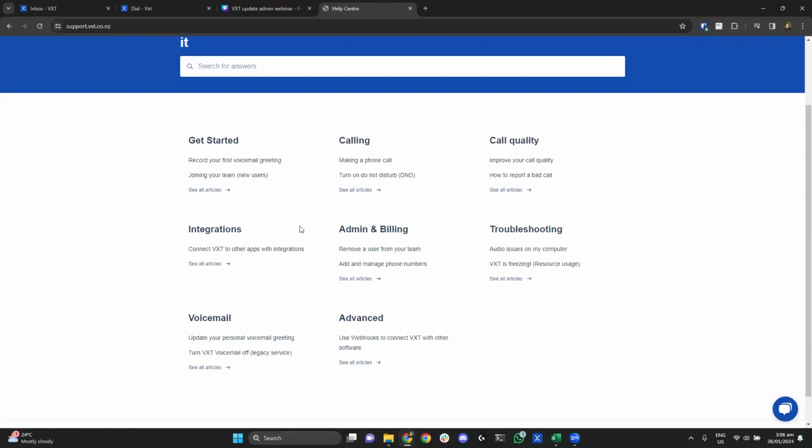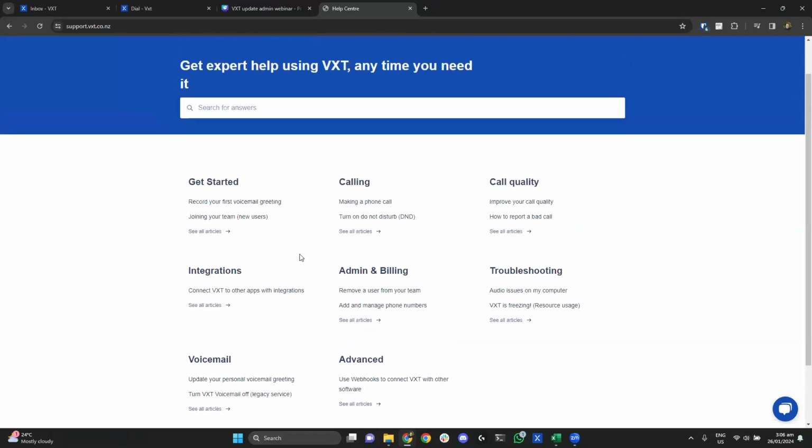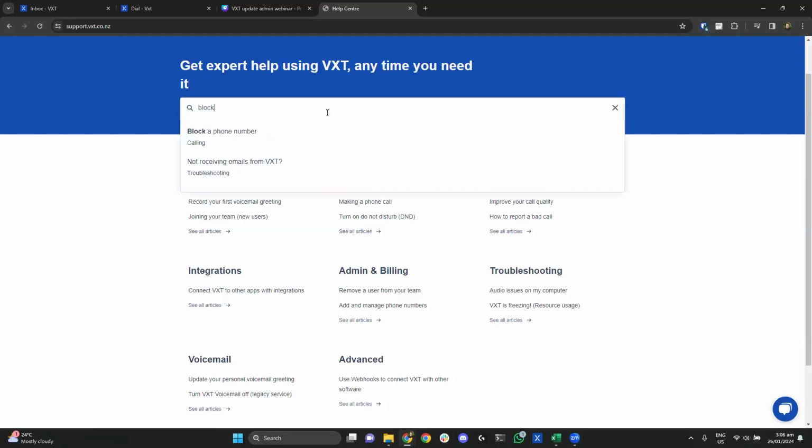But not just articles, pretty much every article comes with an accompanying video. If I want to complete a task, I'm not quite sure how to do it in the update, I could come to this Help Center. Of course, if I see the task that I'm looking for immediately on the front page, I can click on it right here, or I could search for the task. I want to block a phone number in VXT, so I'm going to just search for block. I hit enter,